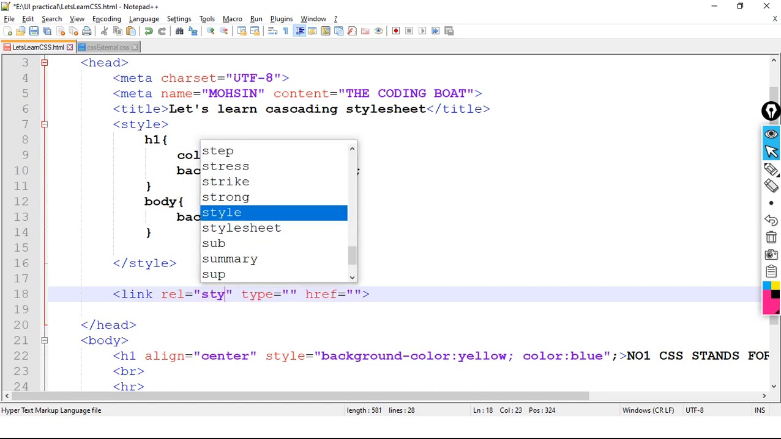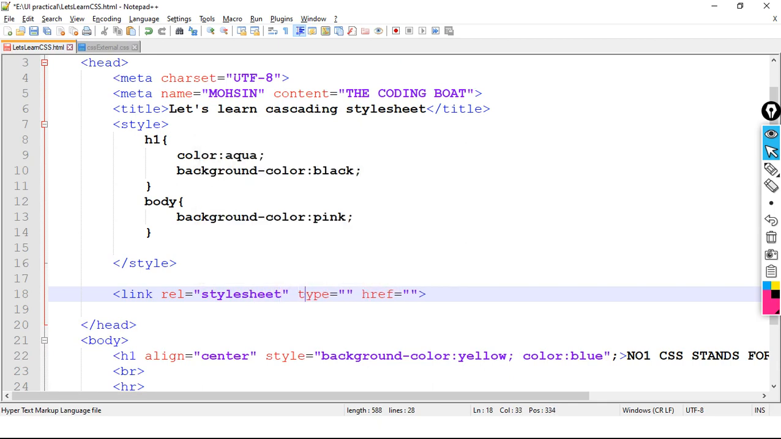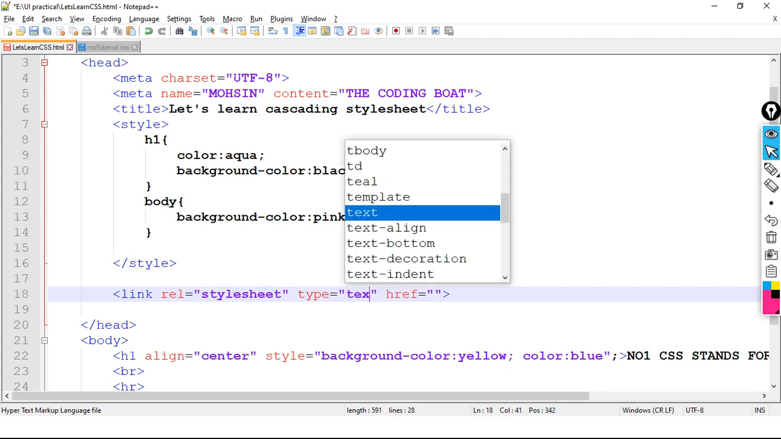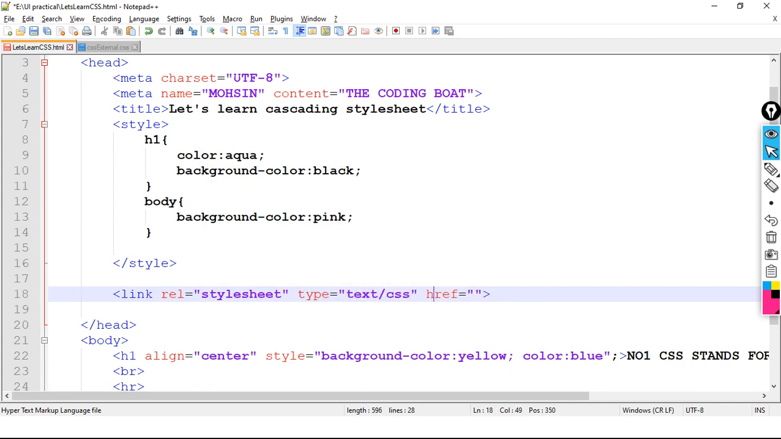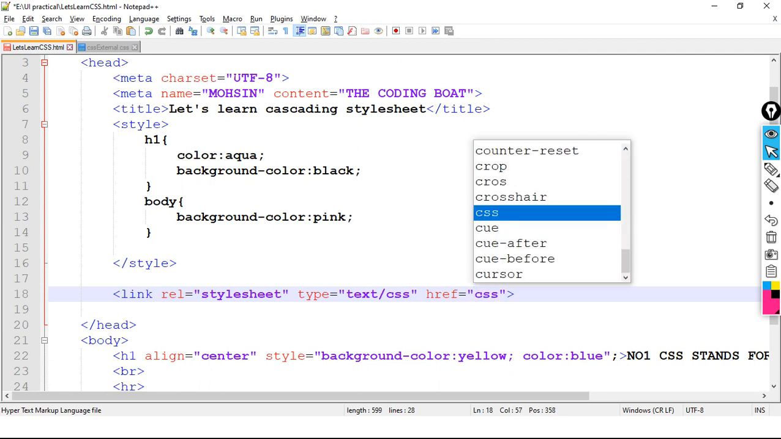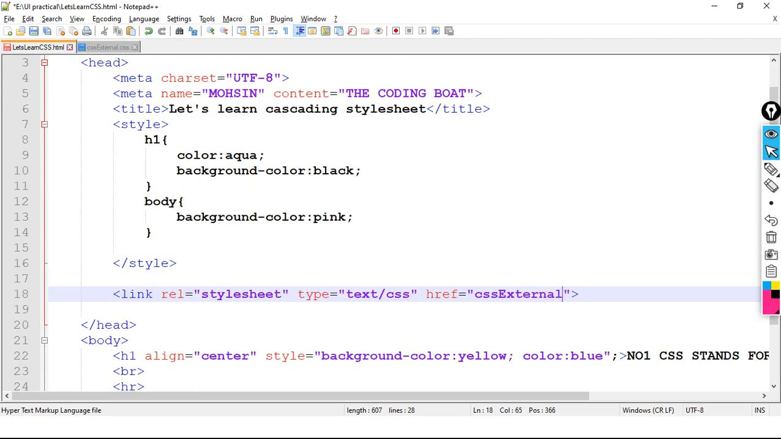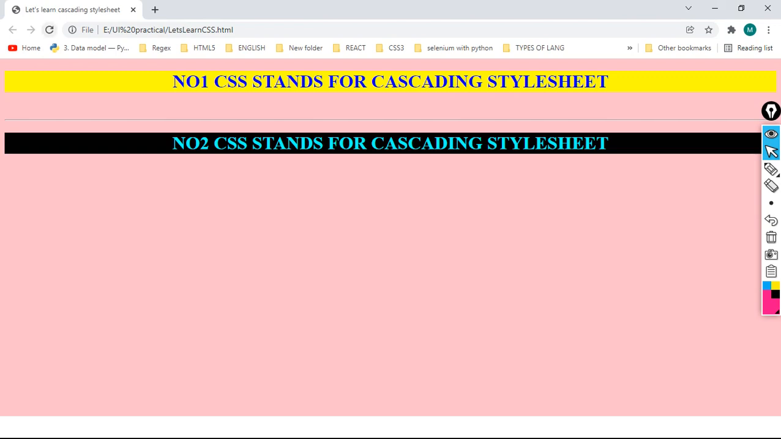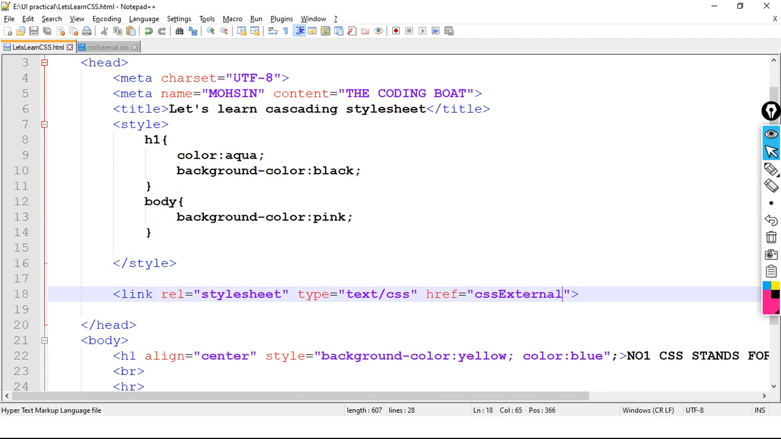Rel is stylesheet, then in type we have text slash css, in href we have css external .css. Okay, save the code and refresh. Observe, 3 2 1 click. Is there any changes? No. Why no changes? Already I have told the priority. What is the priority? First priority goes to,